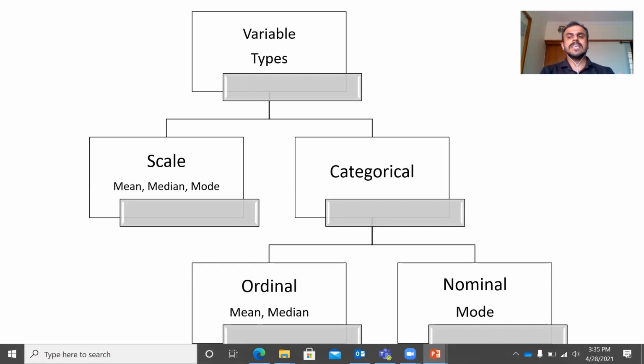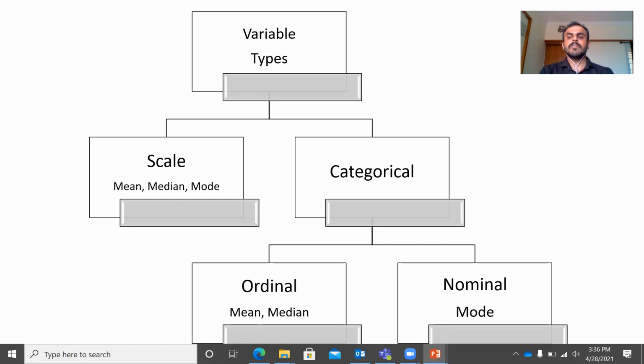The question is, what is a scale variable? And what is a categorical variable? And why do we need to categorize variables? Now, forget this kind of classification. Let me just explain this with an example. Look at the way human beings want to make sense of the world around us. We always ask a simple question as to